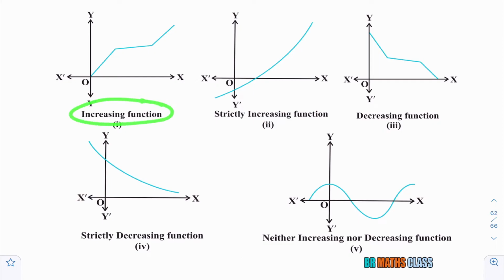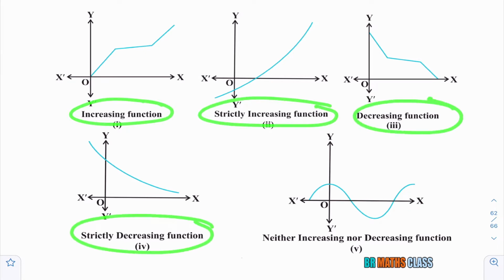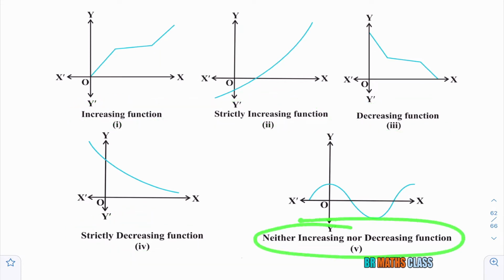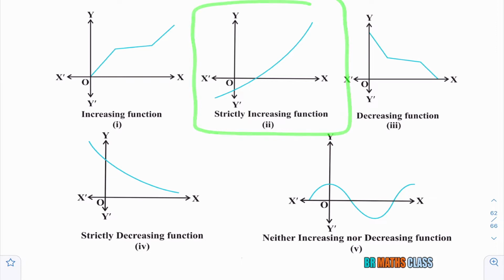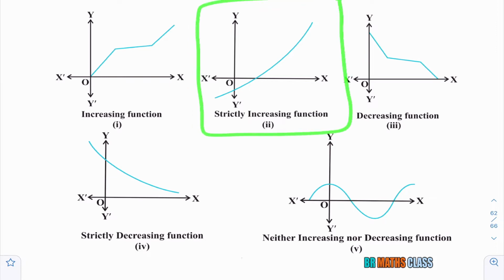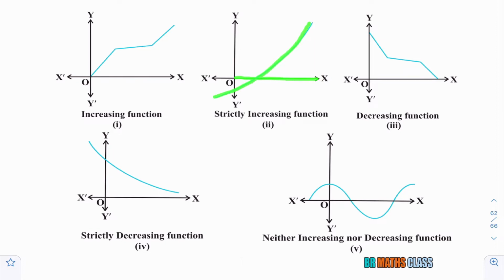First, we'll try to understand what is an increasing function, what is a strictly increasing function, what is a strictly decreasing function, what is a decreasing function, and when we say the function is neither increasing nor decreasing. First, you come to this strictly increasing function. When we say the function is strictly increasing, by seeing the graph itself, we can say this is an increasing function. Why are we looking from left to right, like this only? Why are we not looking like this, right to left? Here, how to look is very simple. We need to look from left to right. As x values are increasing, functional values are also increasing, then we say the function is an increasing function.